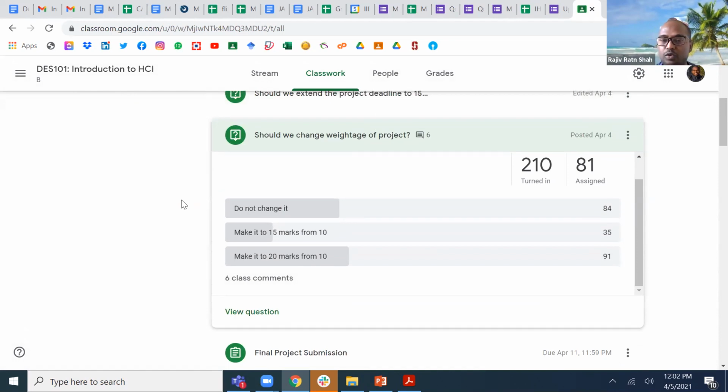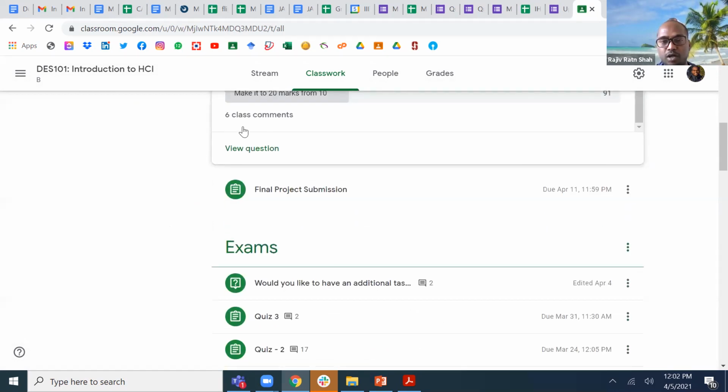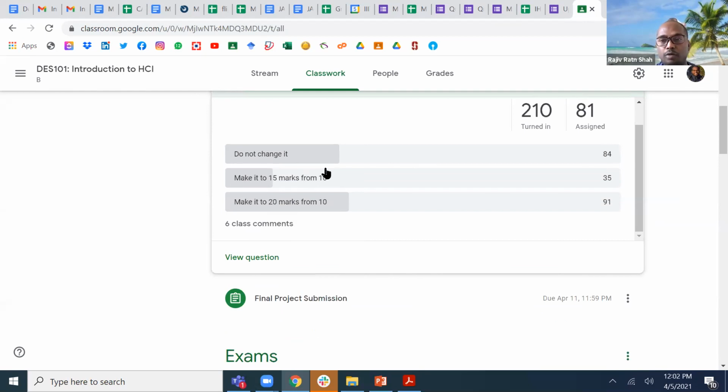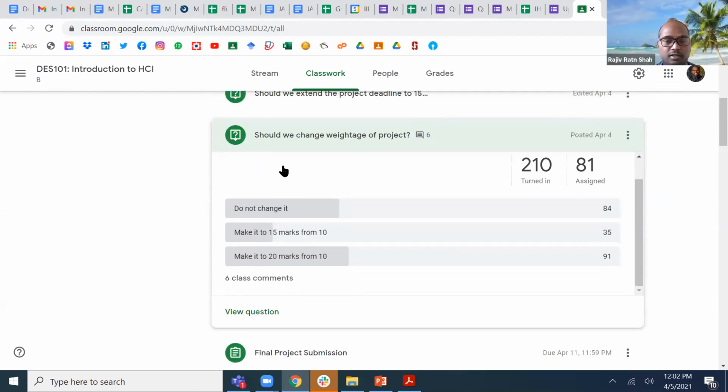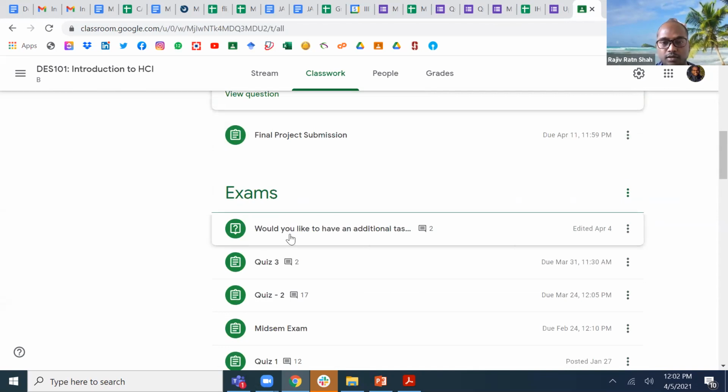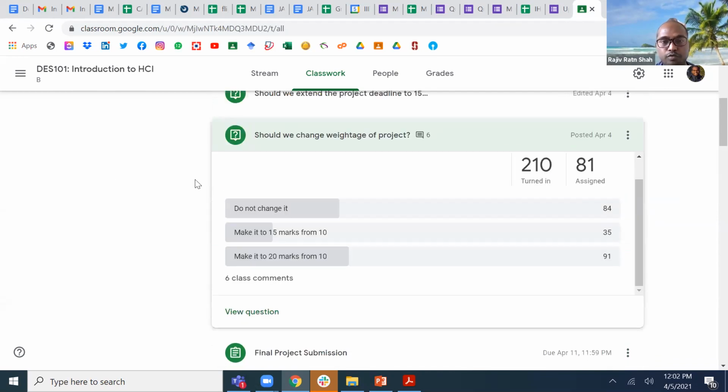One possibility is that I give you altogether a new task. In that case, I think it will be a bit overwhelming, probably too much work for you. So I'm planning, firstly, to increase these marks from 10 to 15 and add another 5 marks of bonus here, to make the overall marks 20. In summary, this 5 marks we can move into the 15 marks that we are agreeing.